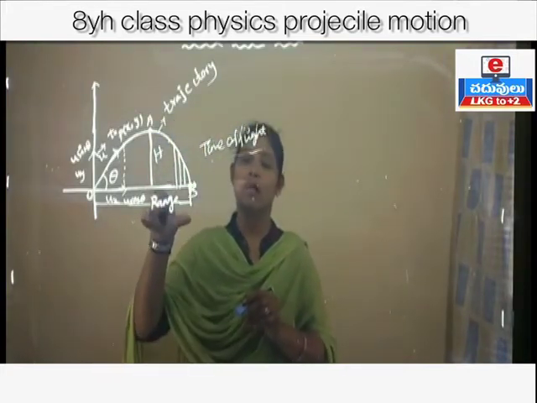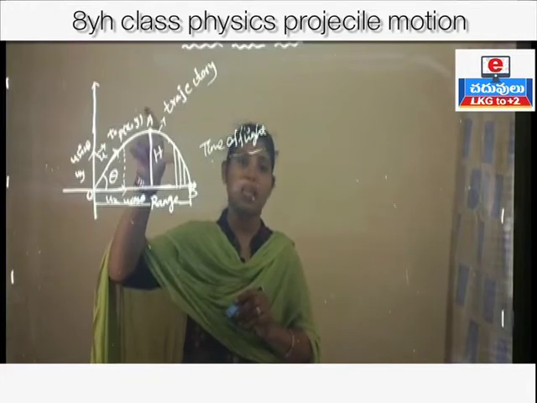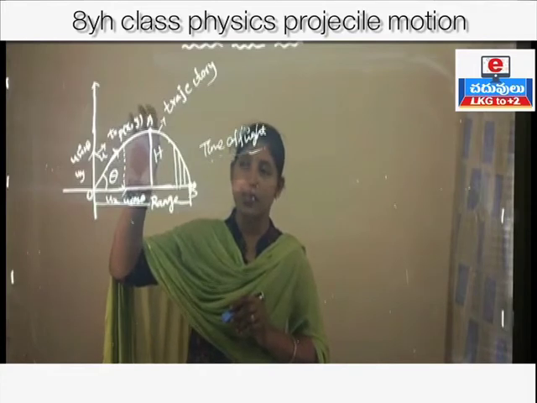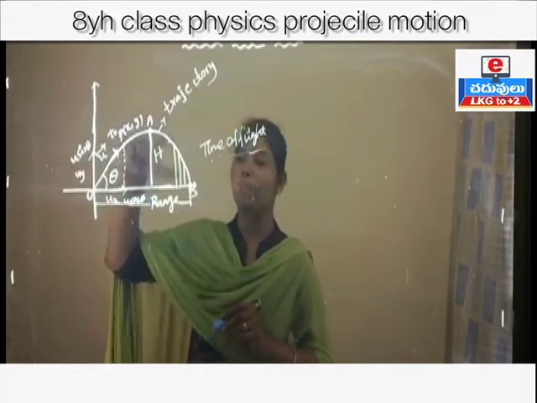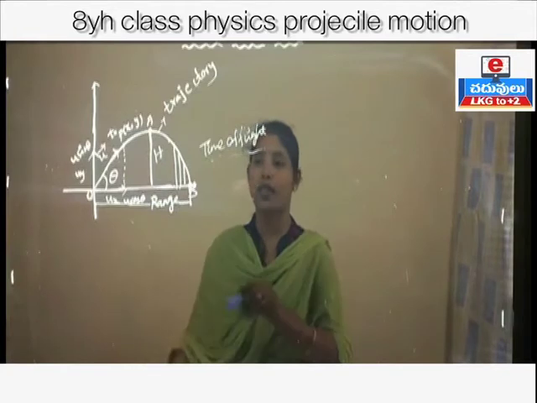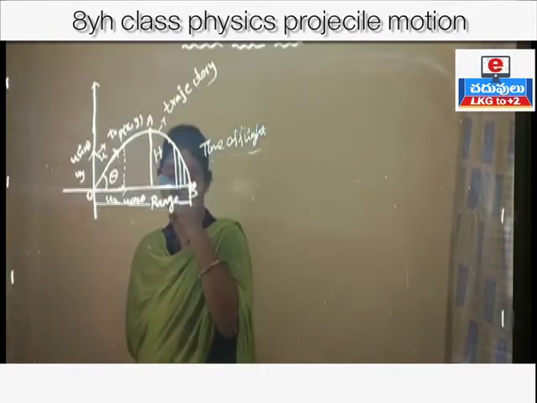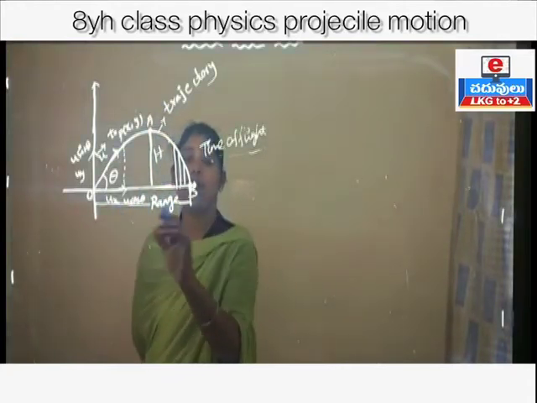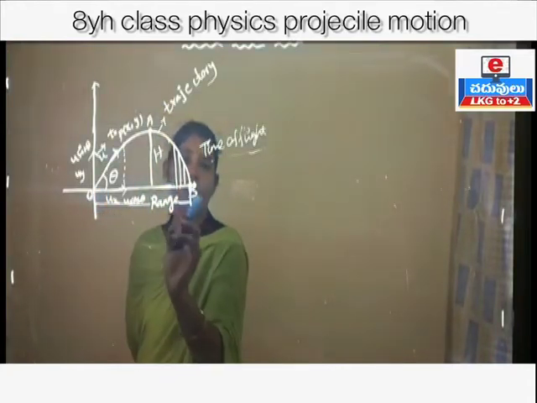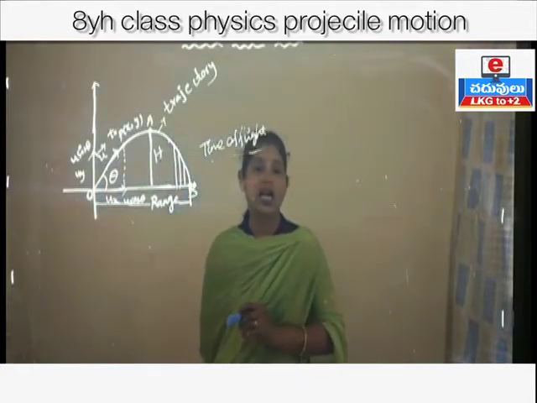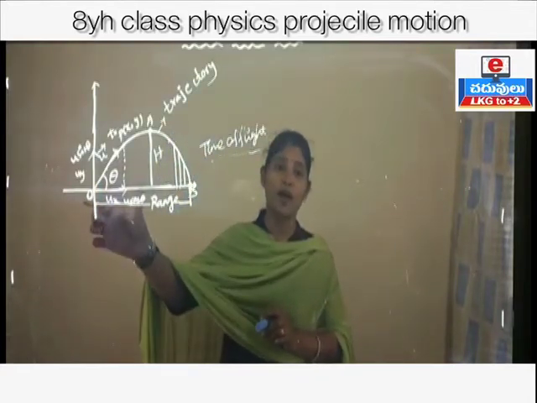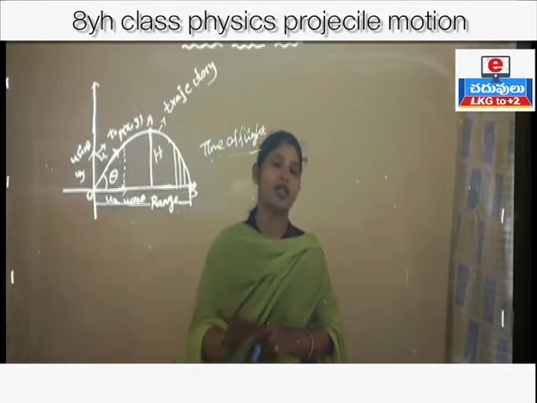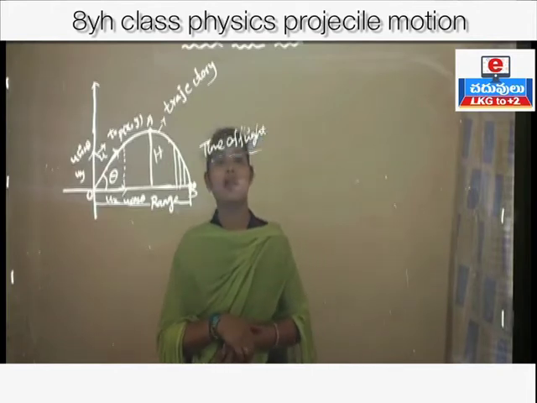the distance between the horizontal path and the maximum point the projectile reaches. That distance from the horizontal path to the maximum height of the trajectory is the maximum height. And next, range: the distance between points O and B is considered the range. It is the distance between the reference point, the starting point of the projection, and the ending point of the projectile. That is also called the range of the projectile.